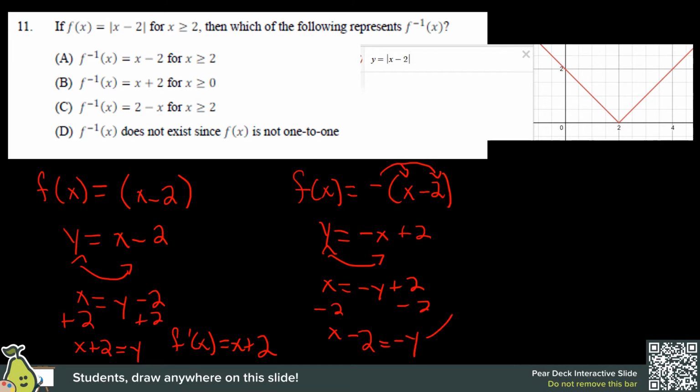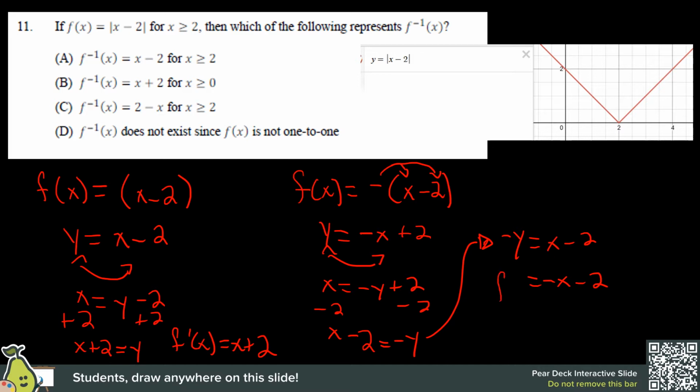And so this just ends up being negative y equals x minus 2. We want to get rid of that negative, so we get y equals negative x minus 2. So these are our two, and we're going to represent this correctly,